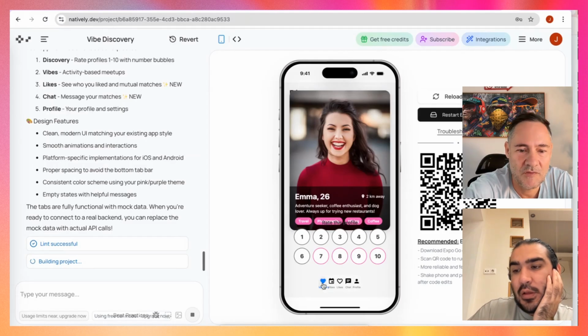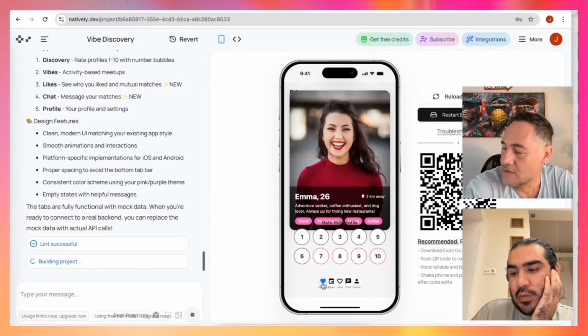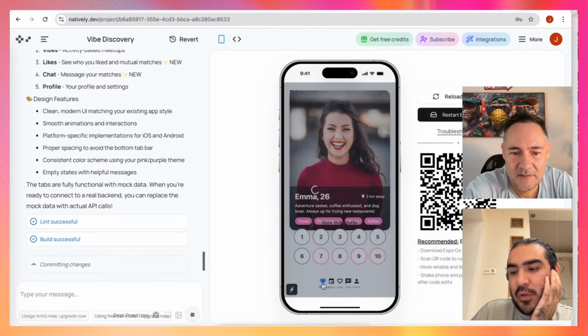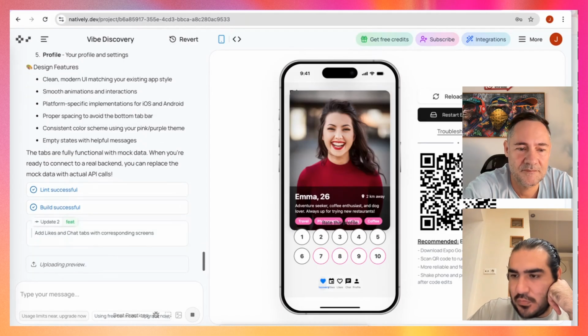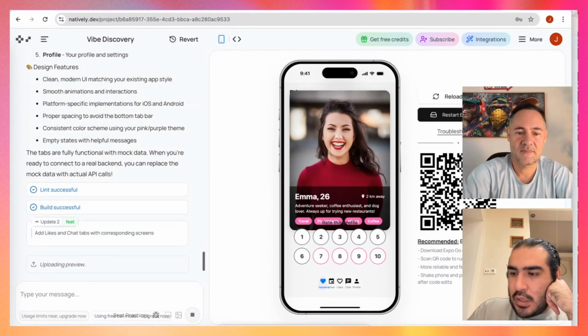I mean, the bar, and also ask it to have it more like the liquid glass style where it overlays it. So it did fix that. Yeah, but it's fine on the mobile version. That's why it's better to always check it on Expo Go to see how it looks on mobile version. Okay, we got something.